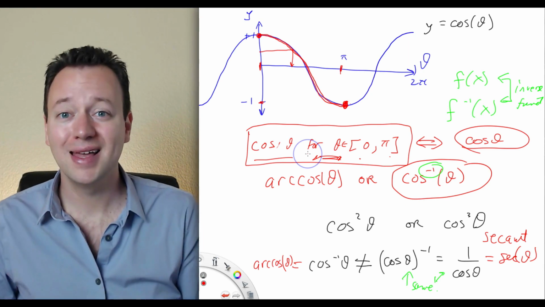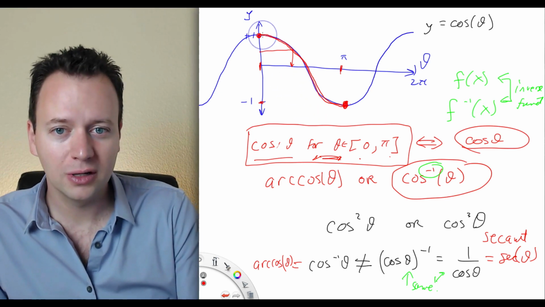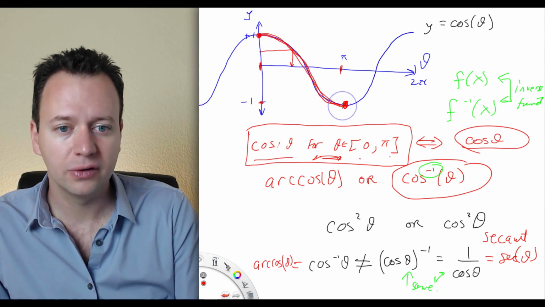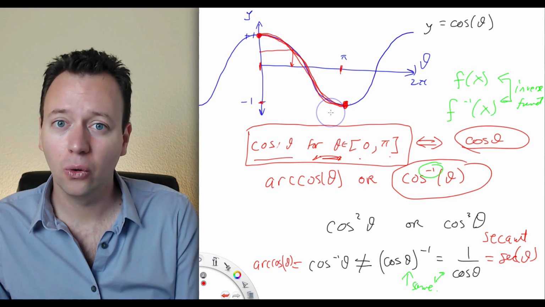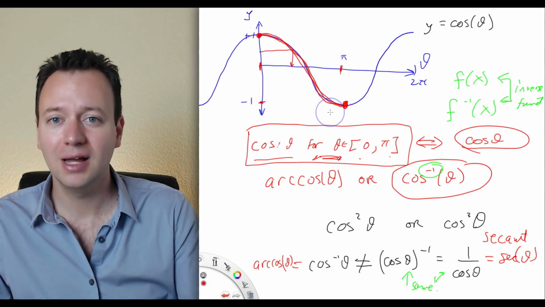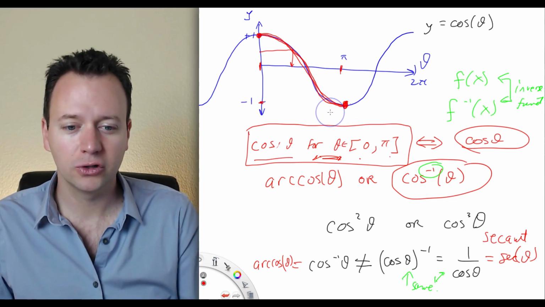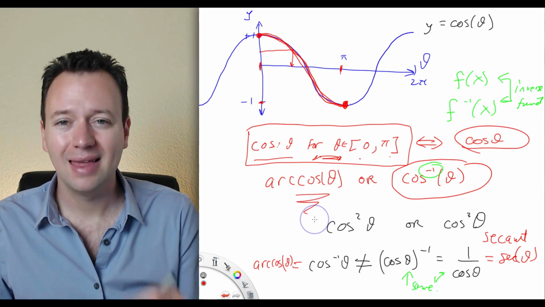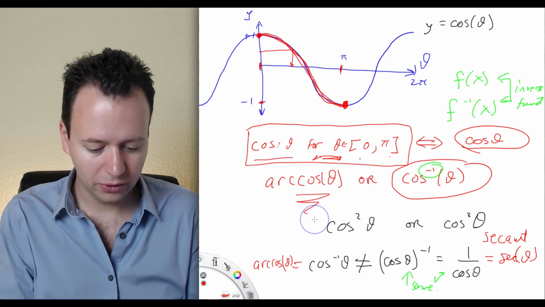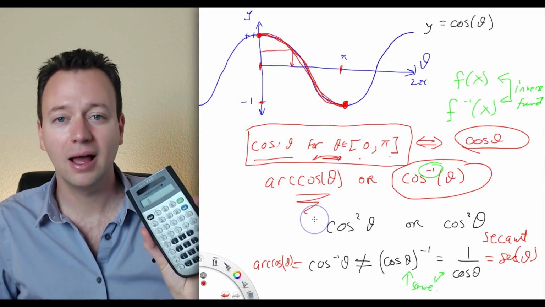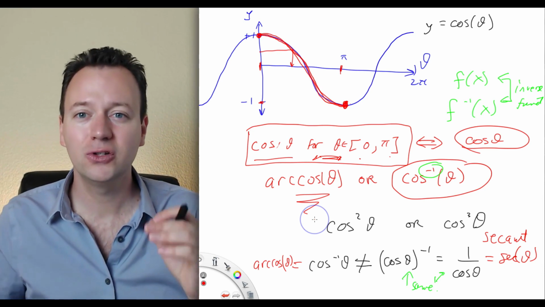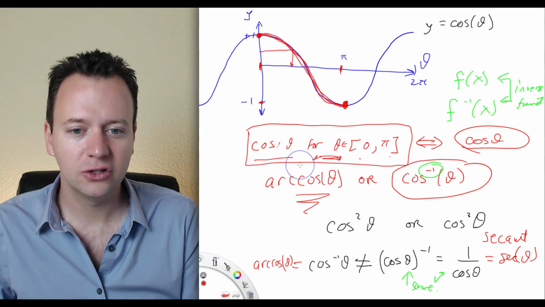That is a function that is invertible because this red function right here, the graph of this function, does satisfy the horizontal line test. So therefore you have an inverse function, and that inverse function is the arc cosine function. And that arc cosine function is, when you do the arc cosine on your calculator, this is what it gives you. It gives you the return, so it basically solves,